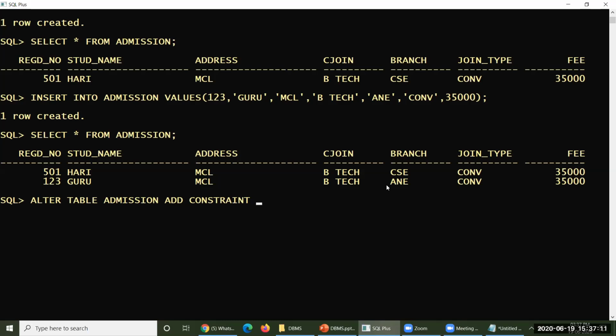Constraint name is Gopi underscore, otherwise ADM underscore branch underscore chk, check. Okay, this is the constraint name. Add constraint name is this one.